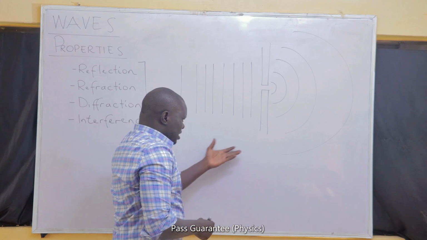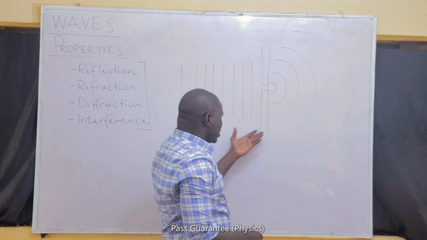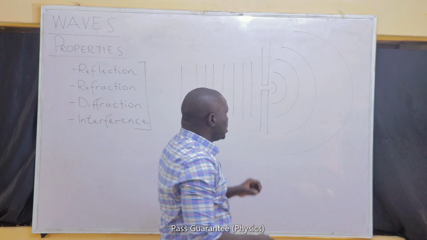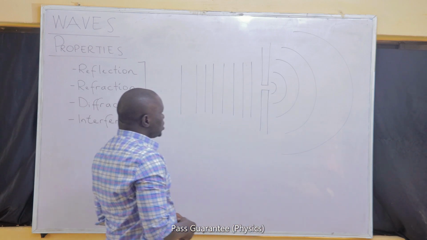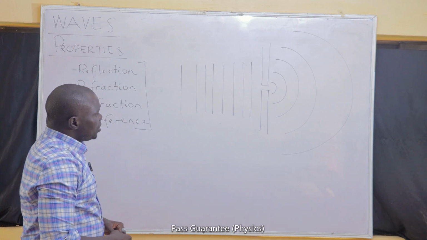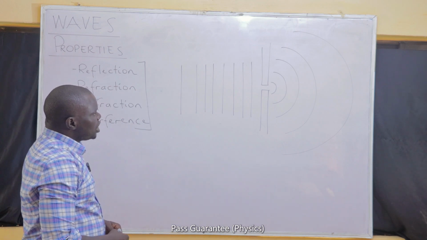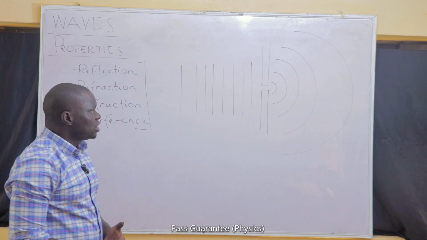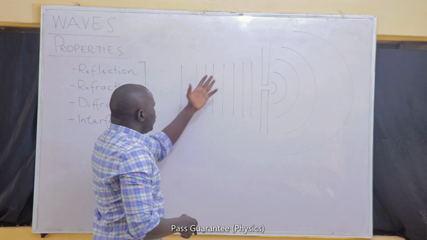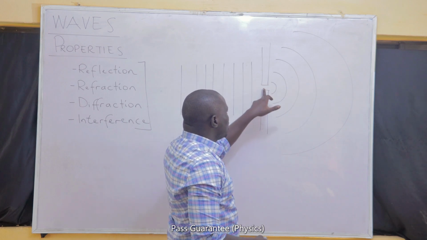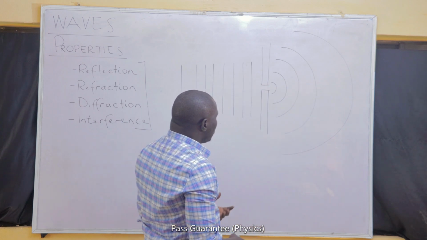So the change in the pattern of a wave, or the ability of a wave to pass through a narrow opening that is placed in its path, is what is called diffraction. Diffraction does not always take a full form like the one I've drawn. Here you will see that straight waveforms have been completely transformed into circular form because they are trying to force their way through that opening. So it does not always happen like this.